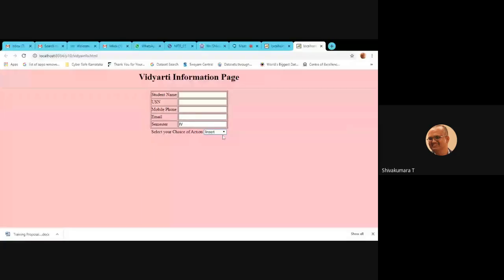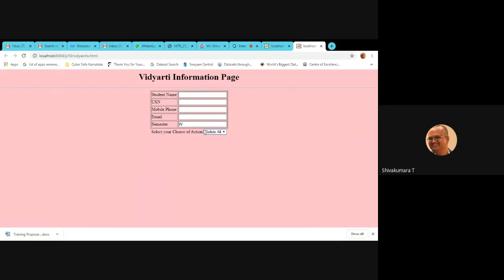I'm switching to the browser window. Now observe, it is going to display: select your choice of action. Which choice, whether you want to insert, delete, update, display, or delete all. Now the front end view page design is over.